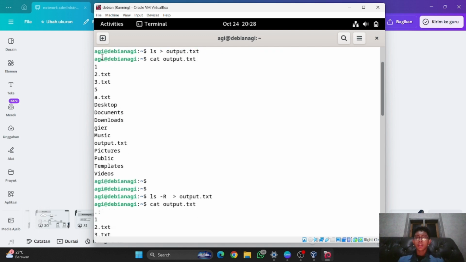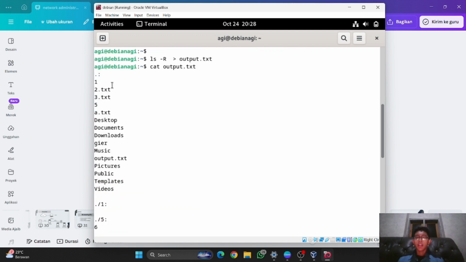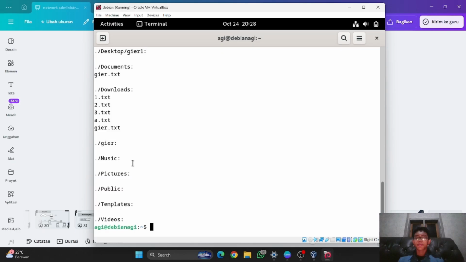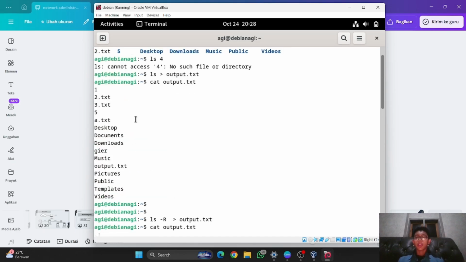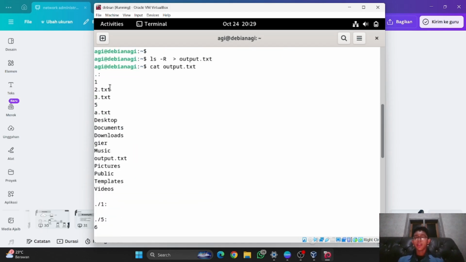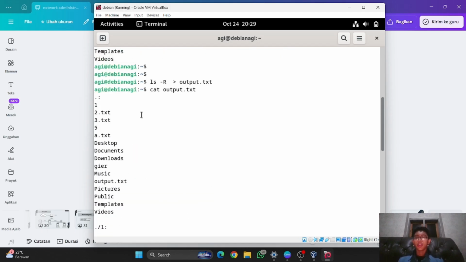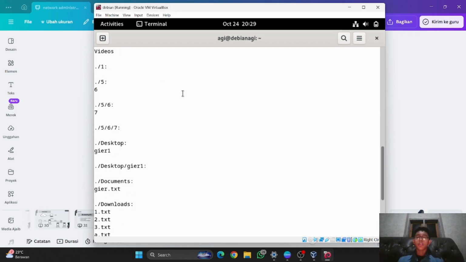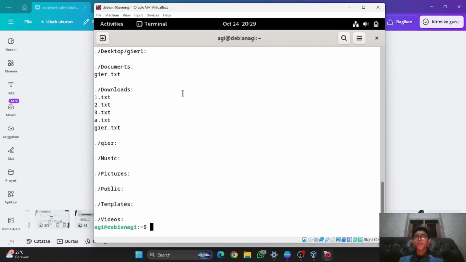It is like the file has been deleted and replaced by this new command, ls -r /home/agi.